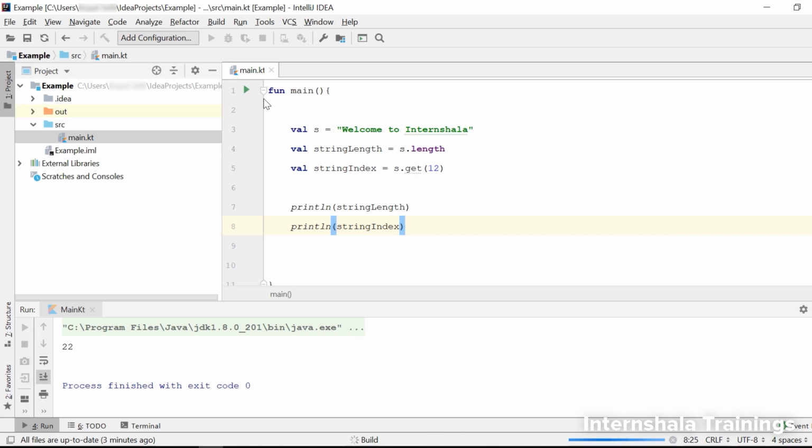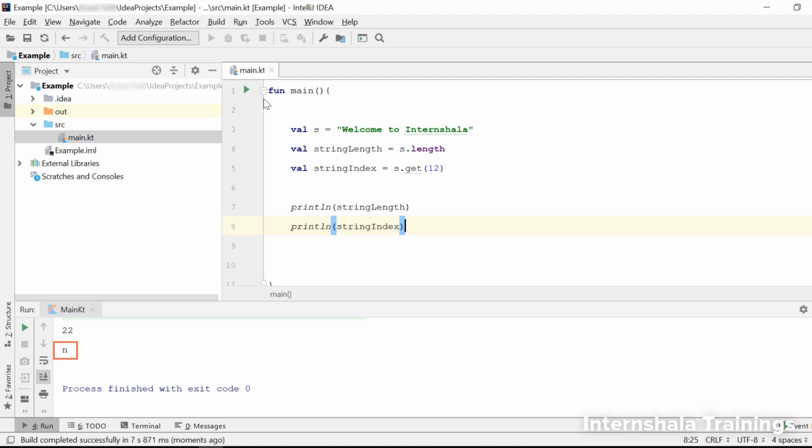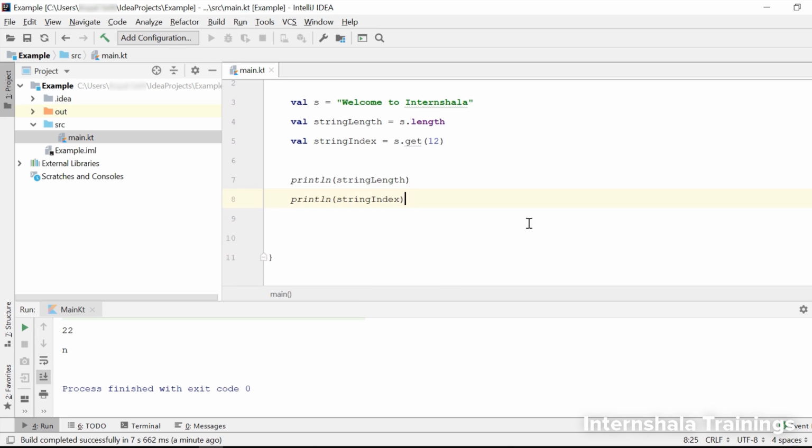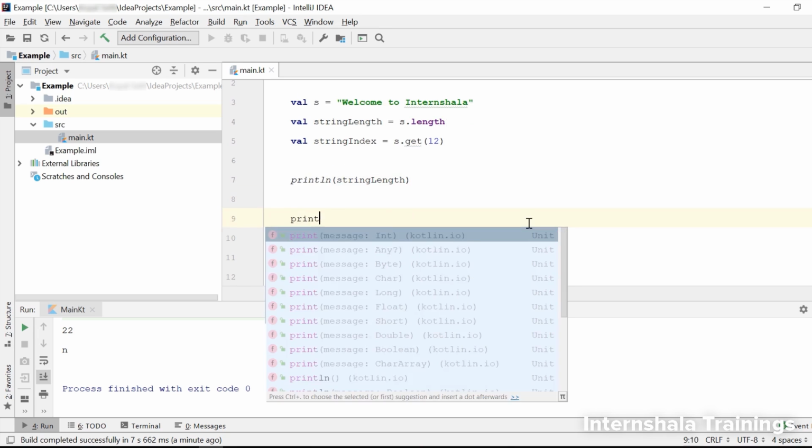Let's look at the output. So here, the output shows us that the character at index 12 is n, but the output is not self-explanatory. That is, if someone does not know what string we mentioned, they will not know what the output intends to show, right? Now one way to resolve this is to use two print statements like this.